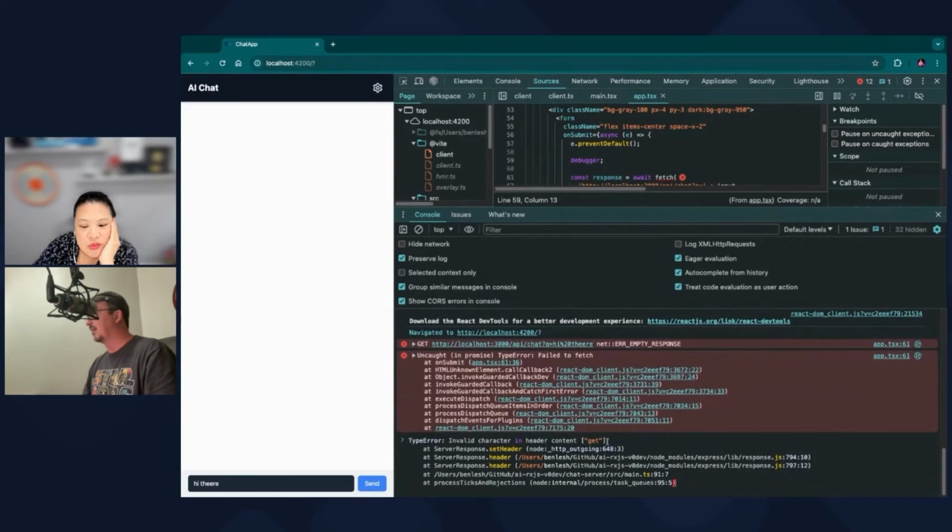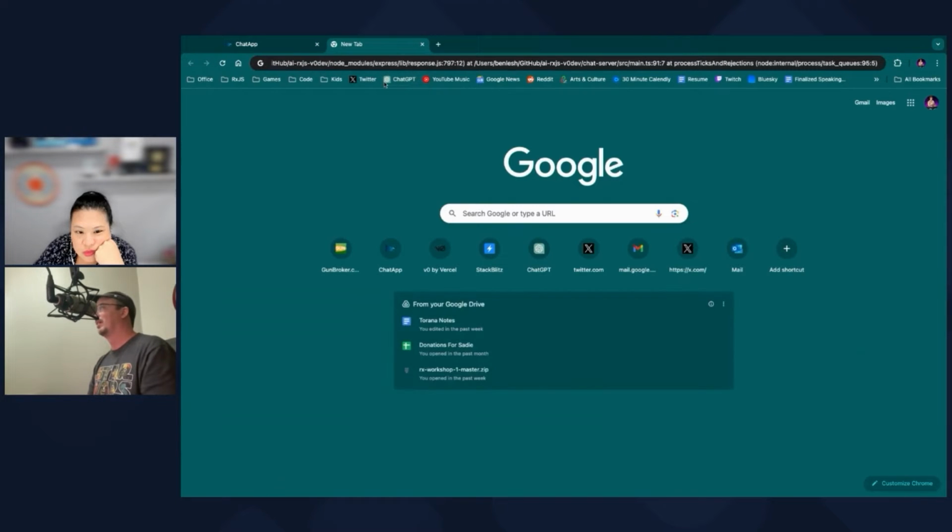Invalid character in header content. I don't know what this is or why we would get that in Node. So I'm gonna have to Google it. Invalid character in header contents, Node Express.